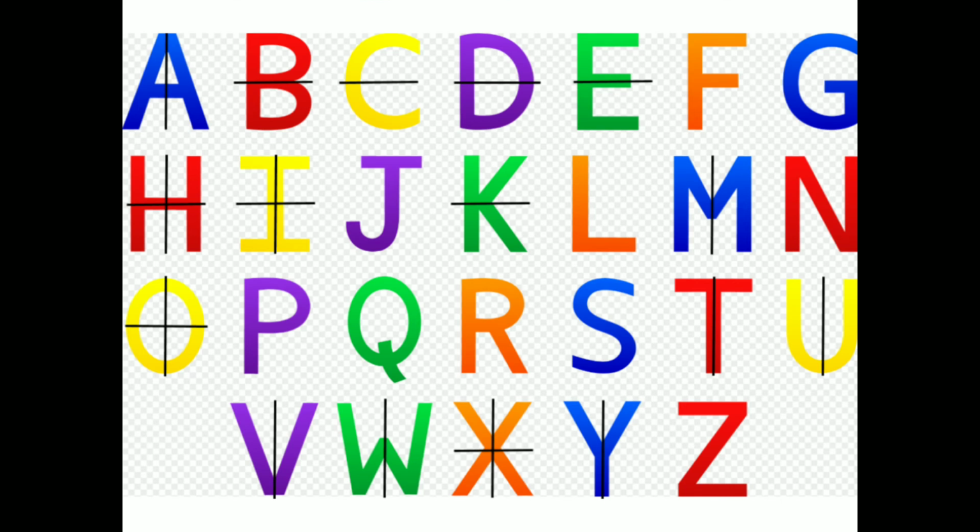Now at the end I am going to show you some alphabets. Alphabets are symmetrical. How? Just see. First of all I am going to take A. The letter A is symmetrical about a vertical line of symmetry. B will be symmetrical only with the horizontal. C will be symmetrical only with the horizontal. D also with horizontal. E also with horizontal.